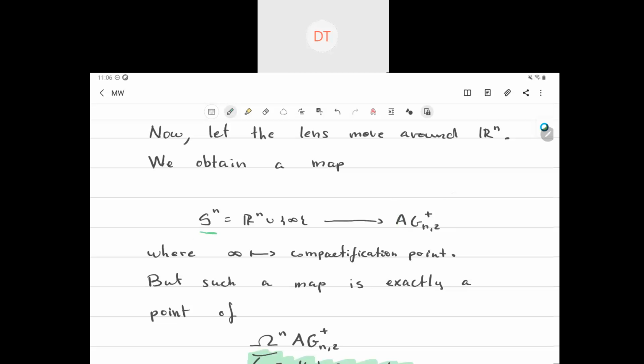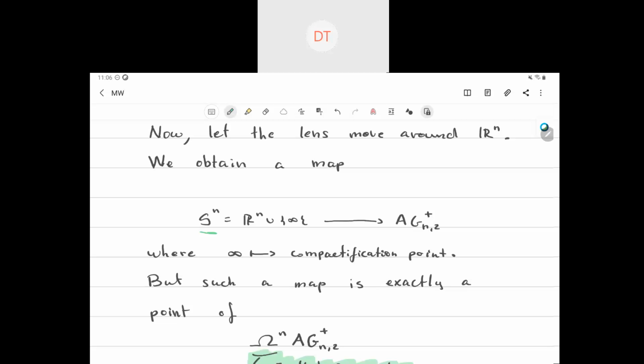A valid question here is: wait, you said that we were scanning through Rn, and our lens is moving through Rn. What's up with this extra point? We're just defining the map on this point at infinity to map to the compactification point, the one that stands for the empty configuration. And that also makes sense from a geometric standpoint,